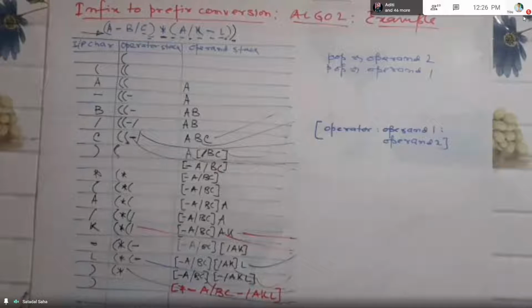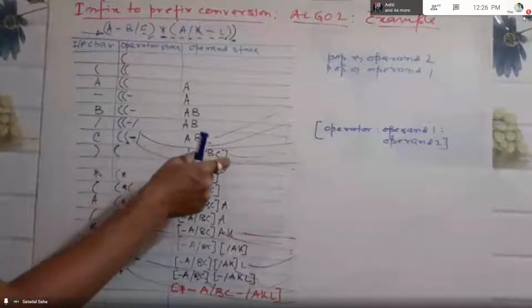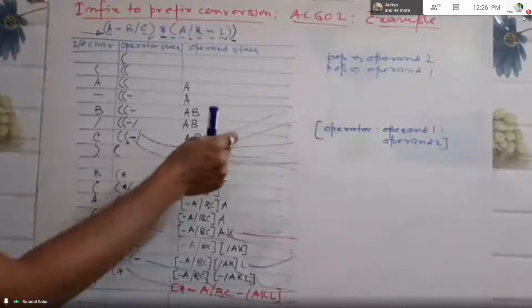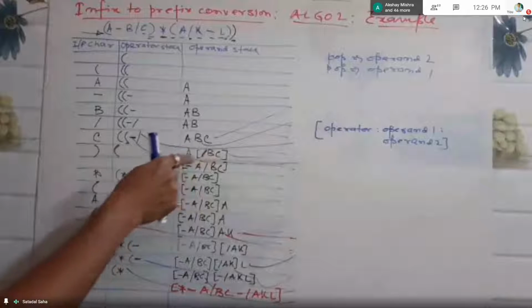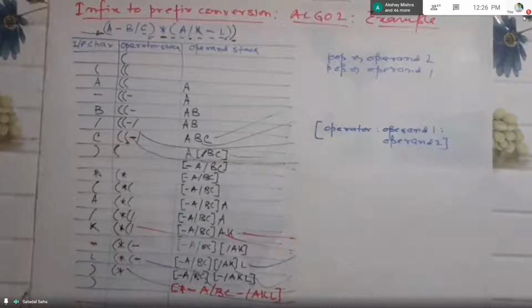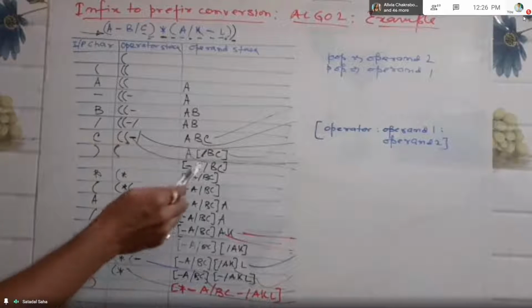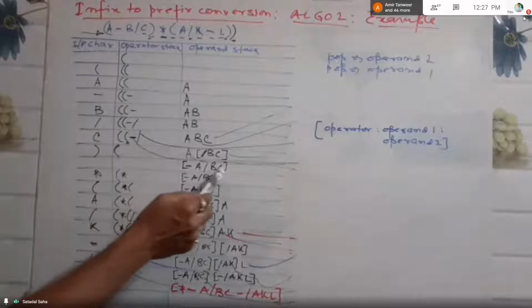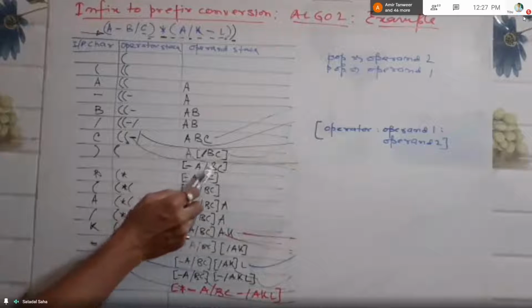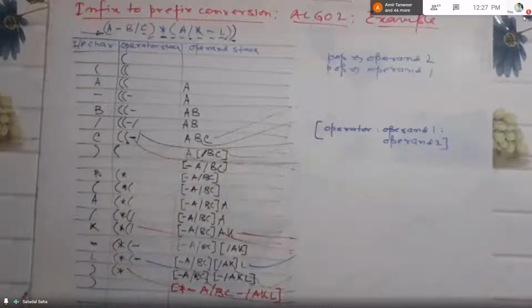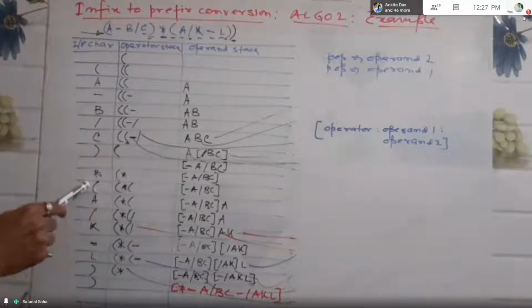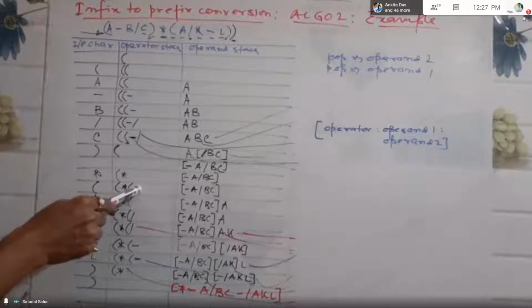So in this case, when we face this division, we need to pop 3 times, 2 from the operand stack, 1 from the operator stack. We concatenate and push it into the operand stack. Then we face this minus sign. Again, we need to pop this one as operand 2, this A as operand 1, and then make this series, that is operator, operand 1, operand 2, and again put it into the operand stack. Then we face this asterisk or multiplication, put it into the operator stack. Then again the opening brace, put it into the operator stack.